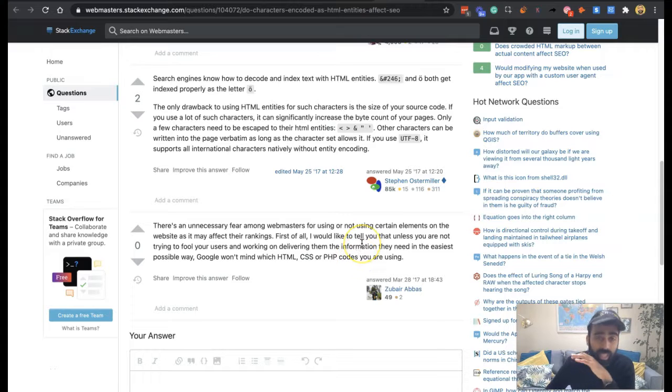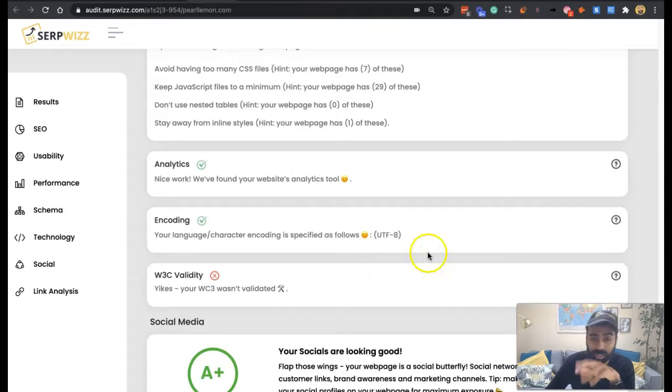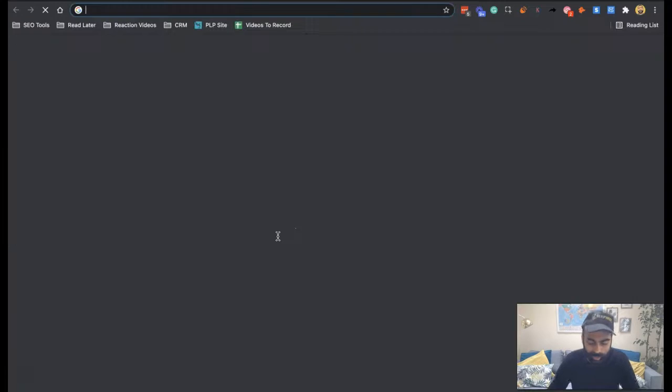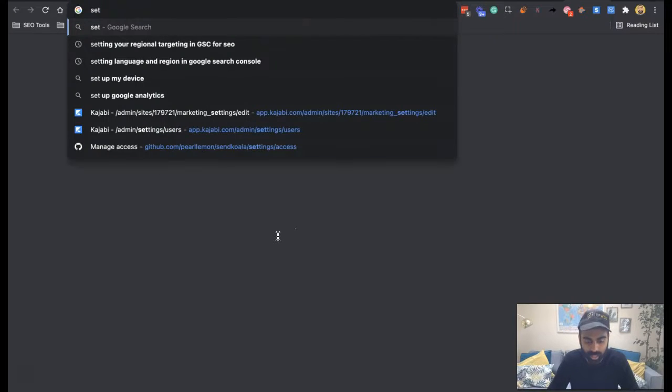That is the advice, I think, that I'm reading from this, and it's the advice that I've been told broadly about it, and I got a bit lost in showing you what this section actually means. So I hope that makes some sense, and you can now explain UTF-8 encoding, and why it's important to your client. So if you want to set encoding